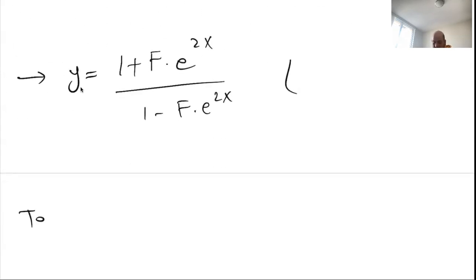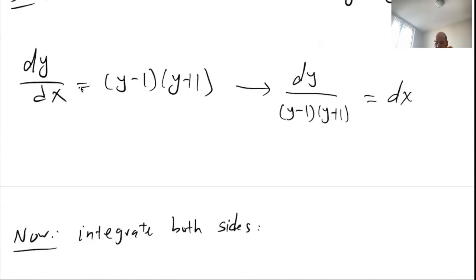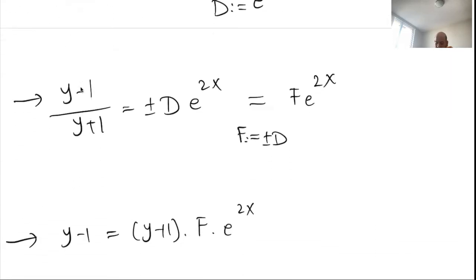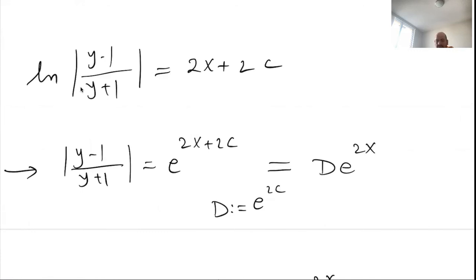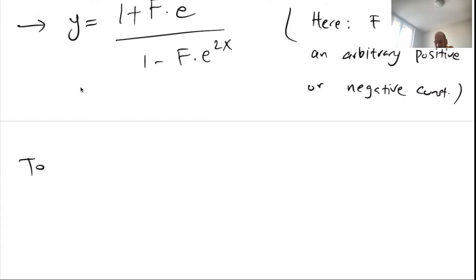And here f is an arbitrary positive or negative constant, right? Because remember, f was plus minus d, see here. And d was an arbitrary positive constant because it's e to some power, and f is plus minus d, so f is either an arbitrary positive or negative constant. And to find f,